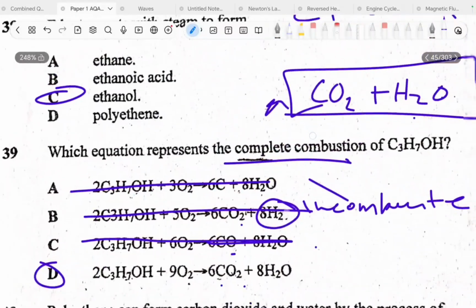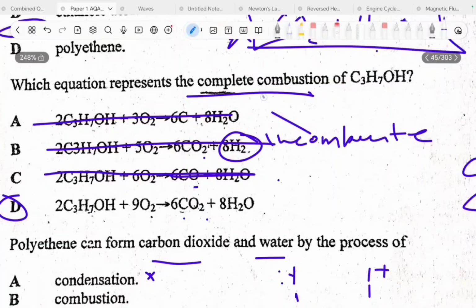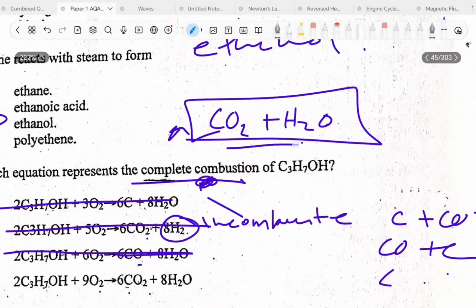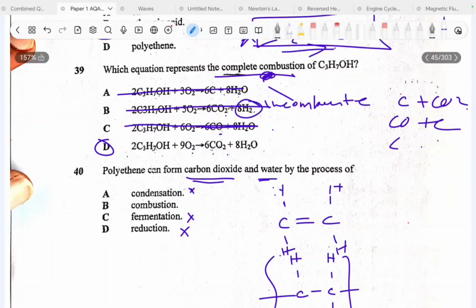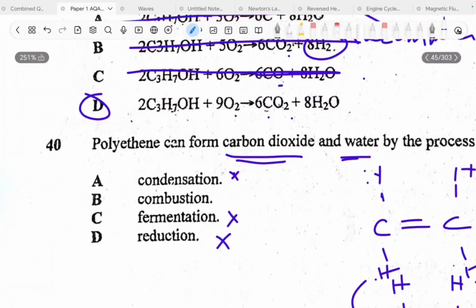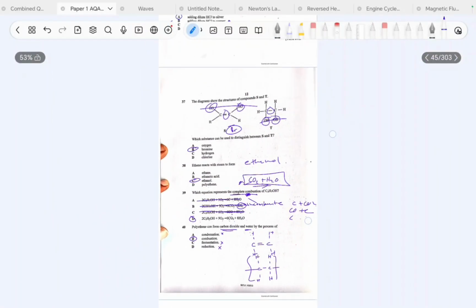But if you look at question 39, there's something here that I just said. Complete combustion forms CO2 and H2O. And then the question says forming carbon dioxide and water. So that means 40 has to be B. Because think of plastic. You can burn plastic, which is combustion. So our answer has to be B. So this is basically